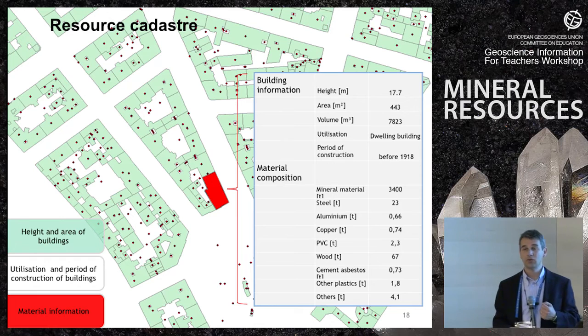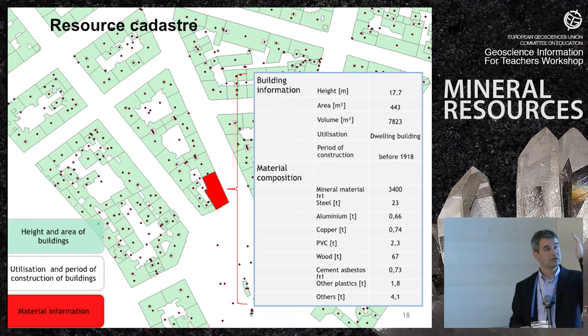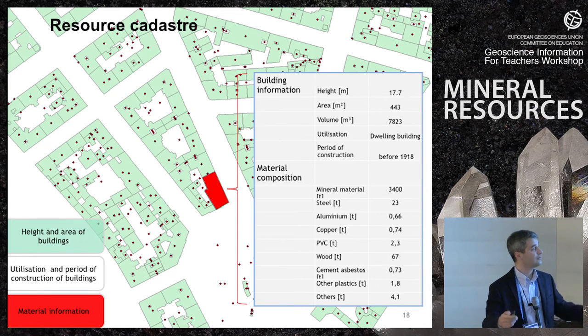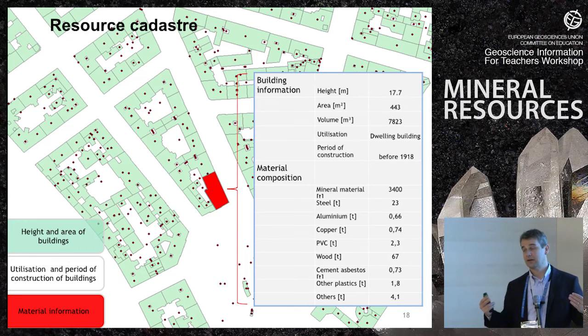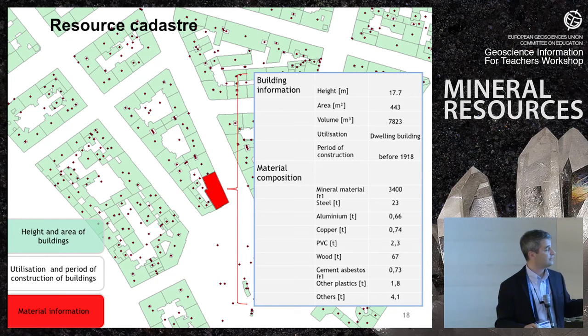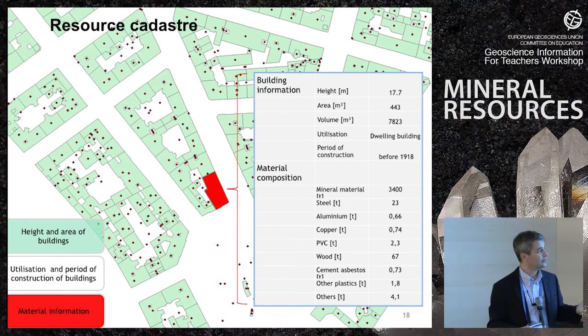So then we can go through Vienna and look at a building, and I can tell you, okay, in this building we have 5 tons of steel and 3 tons of aluminum, and so on and so on. Of course, we will have quite large uncertainty ranges. But if we add this up for hundreds of buildings, then the uncertainties will be leveled out and reduced. And finally, we would like to use this to make predictions